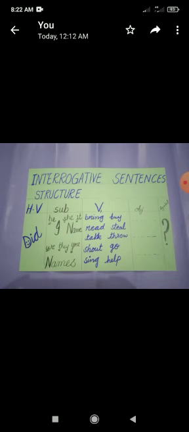I am giving you one example of interrogative sentences, that is, did I read a book, did we shout in the class, did Sarah and Rubaisha play in the garden. At the end you are supposed to put the question mark, that is compulsory.